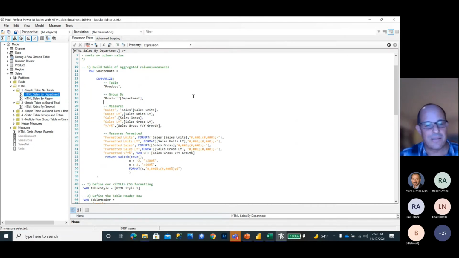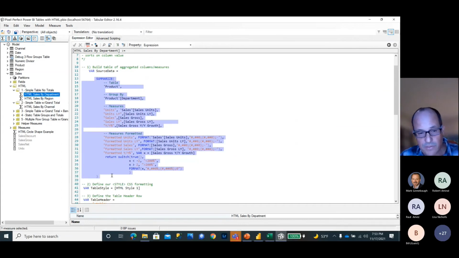Now, how do you debug this? How do you know that the SUMMARIZE function is doing what you want it to do? With any development that you do, you always break things out into digestible chunks. This technique stacks a lot of things on top of each other, so we want to make sure that each thing in the stack works. How do you do that? What I'm going to do here is just for demonstration purposes, so you know that this is possible. I'm going to copy